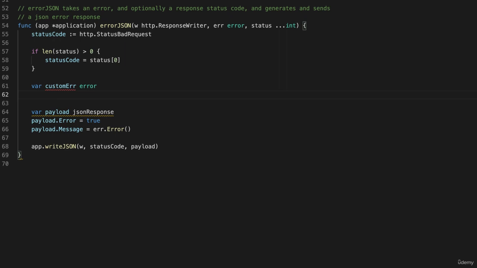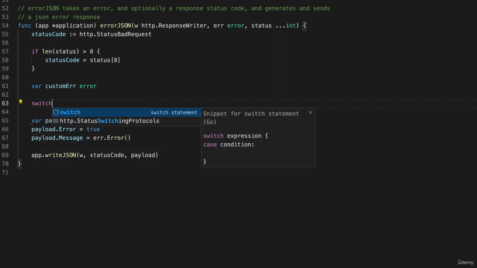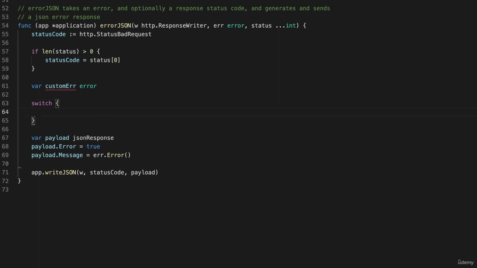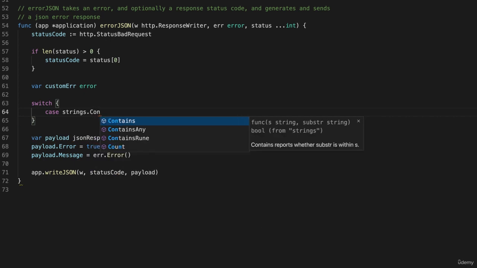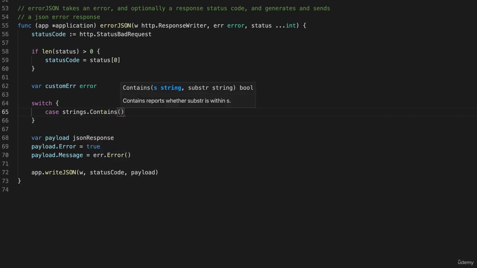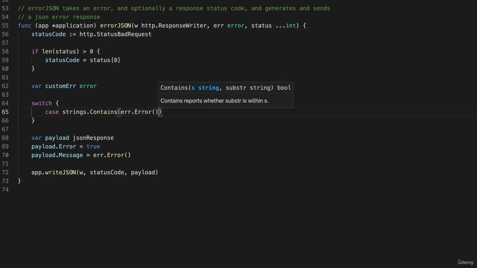Then I'll put in a switch statement, with the first case using the Contains method from the strings package, built right into the standard library. Does the error message that we're receiving in this function contain a specific string? We're looking in err.Error(), where err is the variable we received as a call to this function. Does it contain this string,